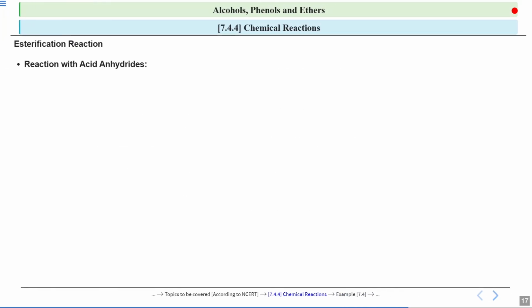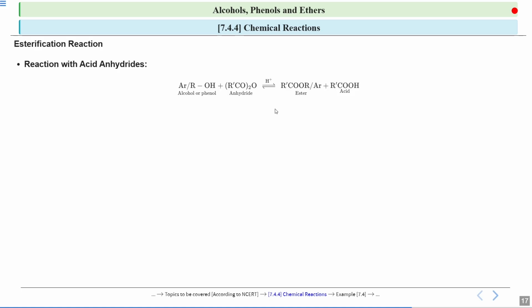Next, we will see the reaction with acid anhydride. So what is the acid anhydride group? That is R, C double bond O, O, C double bond O, CH3 or R group. So this is an alcohol or phenol, and this is an acid anhydride, RC double bond O, and this is twice. Again you will see that an ester is formed and an acid is formed, that is, a carboxylic acid, and the ester is formed in this case.